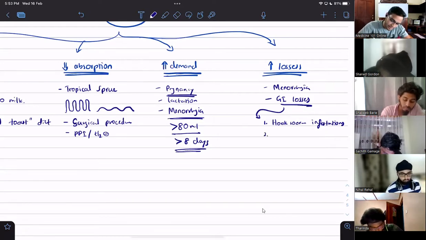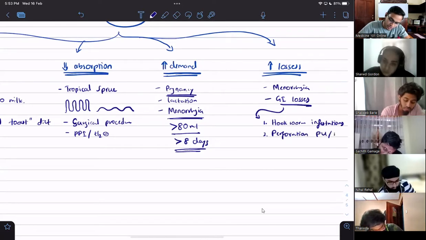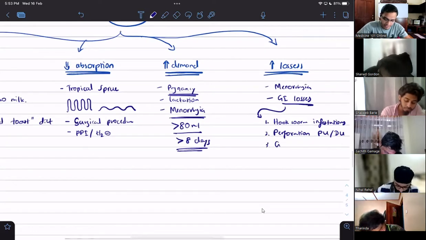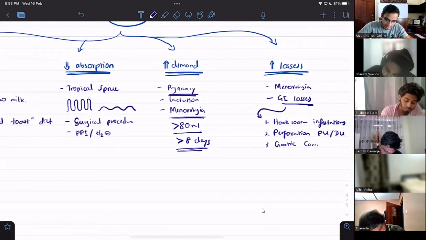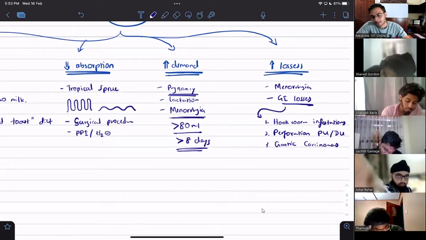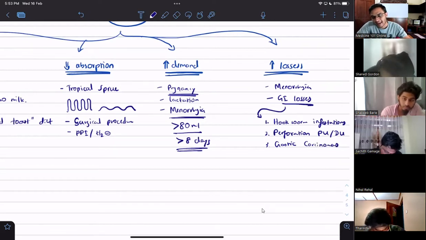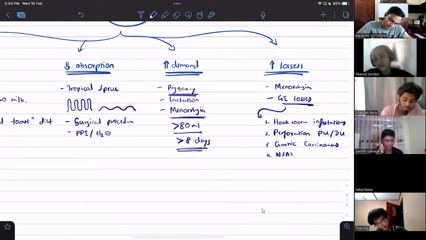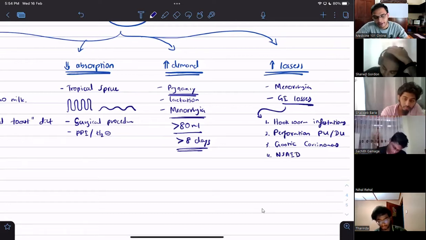And then apart from that, guys, perforating ulcers, peptic ulcers, duodenal ulcers, any of the two. Certain gastric carcinomas. NSAID, you all know. I taught you all the chapter on ulcers, no? Do you all remember? Remember, we did some hypothesis: no NSAID, no ulcer. I hope you all remember those. So chronic use of NSAIDs can cause ulcers and bleeding, right?